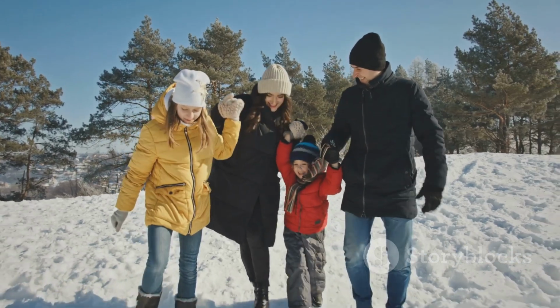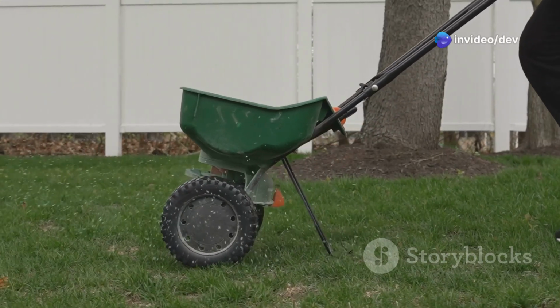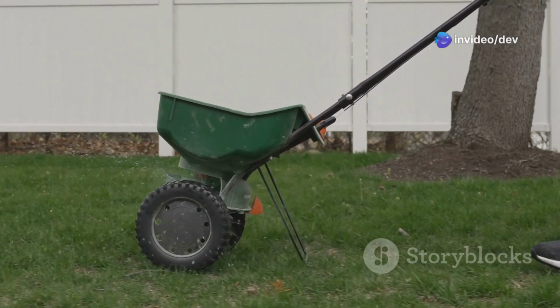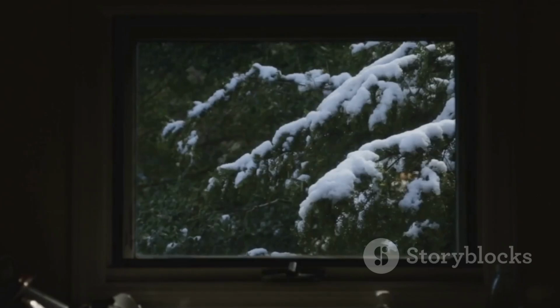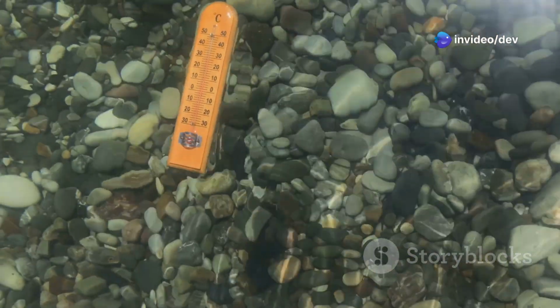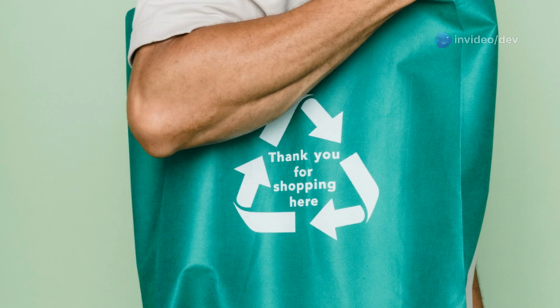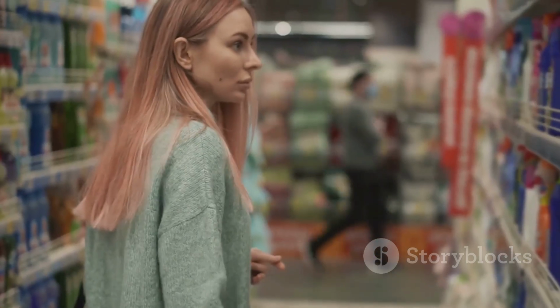They're like the peacekeepers of the ice-melting world. One of the cool things about organic ice melters is that they often contain ingredients that can actually help to fertilize your lawn or garden. It's like getting two for the price of one. However, organic ice melters can be a bit more expensive than traditional options, and they might not be as effective at extremely low temperatures. But if you're looking for a more sustainable and environmentally friendly option, organic ice melters are